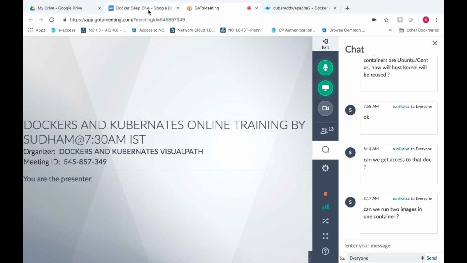For any customization, do we require any programming knowledge? No, it's not required. Nothing. Customization by default we do from the CLI, everything from the CLI. You just need to understand the architecture and functionality of Docker. That's the only thing we need to concentrate on. Actually, Docker is developed in the Go language, which was developed by Google, so it is not required to learn the Go language.